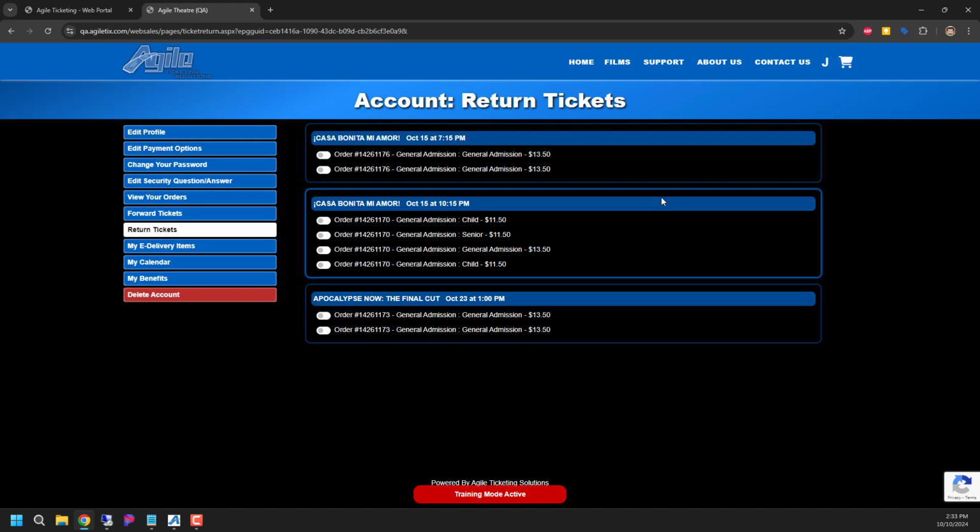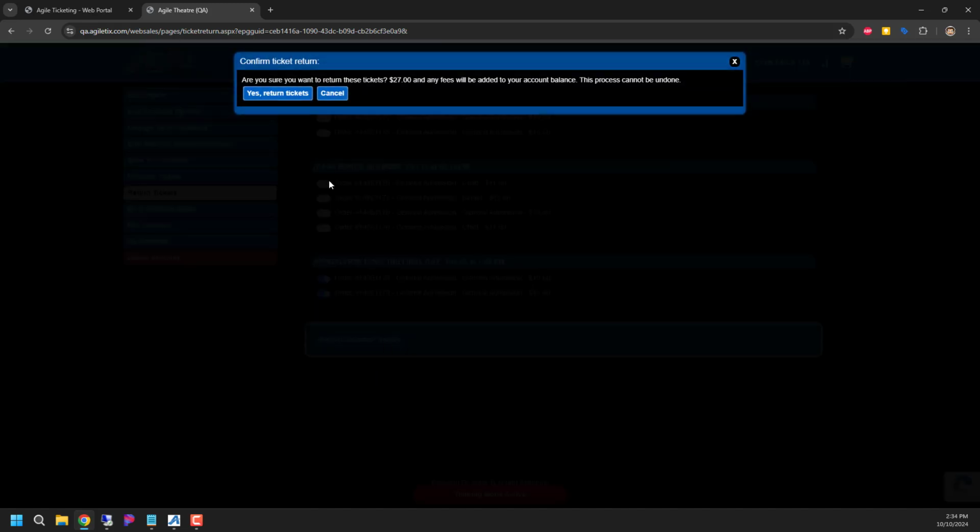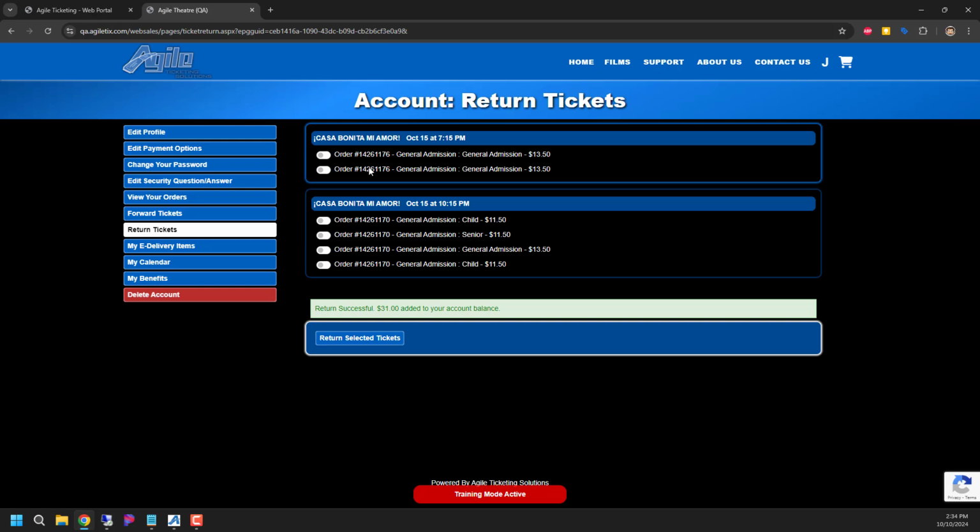They can select the tickets they need to cancel. And we're going to go ahead and do that now. And go ahead and click Return Selected Tickets. We have to confirm that we actually want to cancel these tickets and that the money is going to be applied to our account. And now that we've got $31 in our account balance,